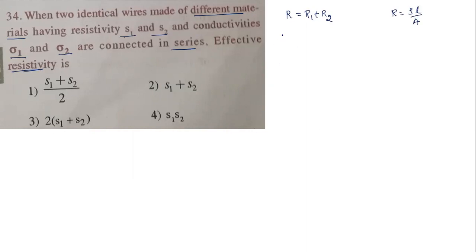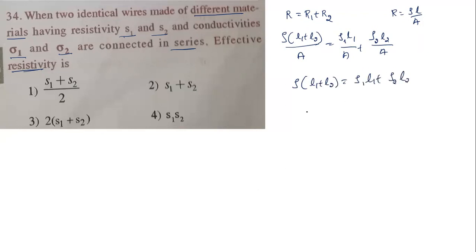So now for R, I'm going to use rho. L means total length, what will it be now? L1 plus L2, divided by area of cross section, which is the same, right? Equal to R1, which is rho 1, okay, they are given as S, right? Later we'll put rho as S. So rho 1 L1 by A plus rho 2 L2 by A. So A is common, so it will become rho times L1 plus L2 is equal to rho 1 L1 plus rho 2 L2. A is going to cancel. Then rho equal to rho 1 L1 plus rho 2 L2 divided by